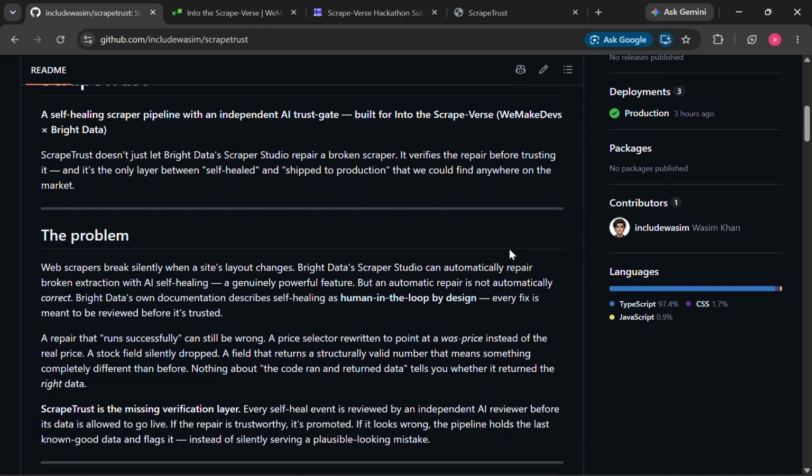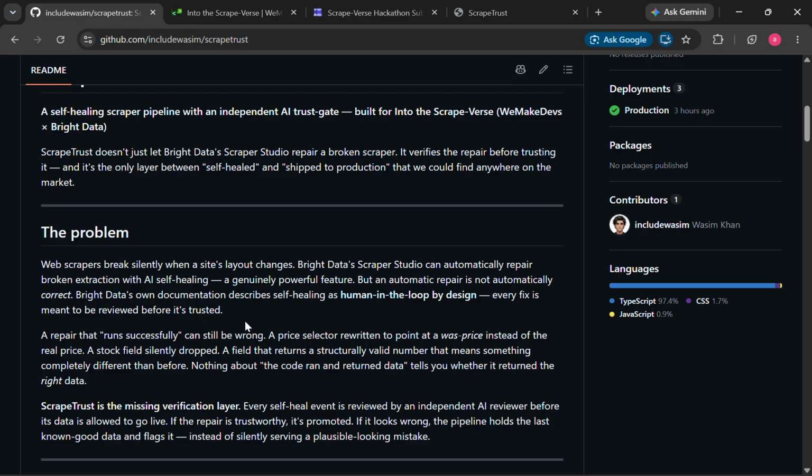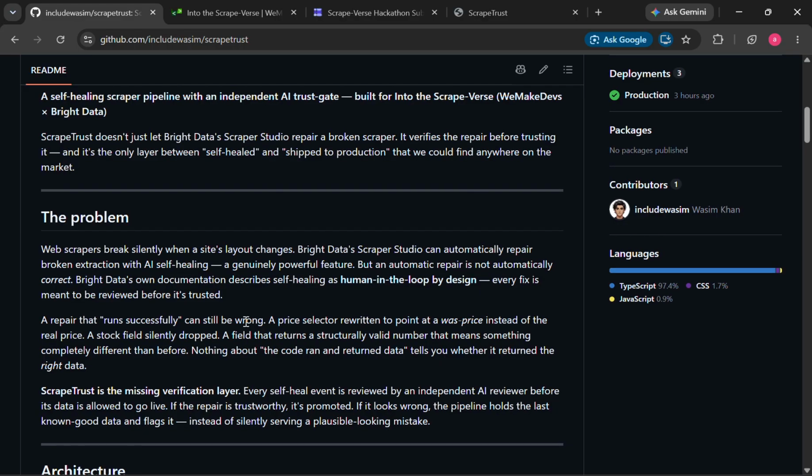Data, because according to Bright Data's own documentation, it describes the self-healing as a human in the loop by design, which means that every fix that is performed by Bright Data needs to be reviewed by a human. So that's what we did. It created a layer of AI verification on top of Bright Data self-heal, which checks that the heal worked perfectly